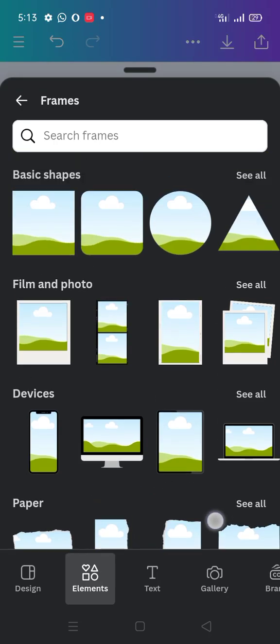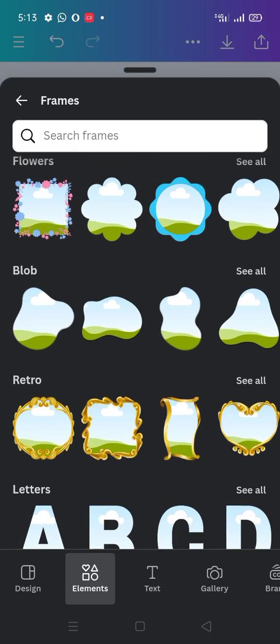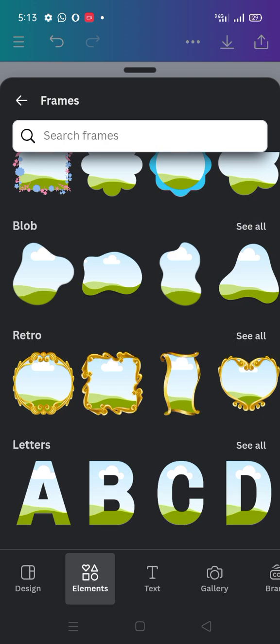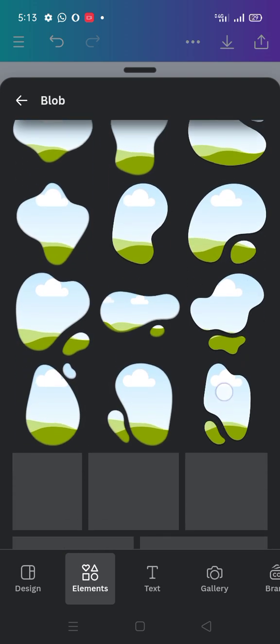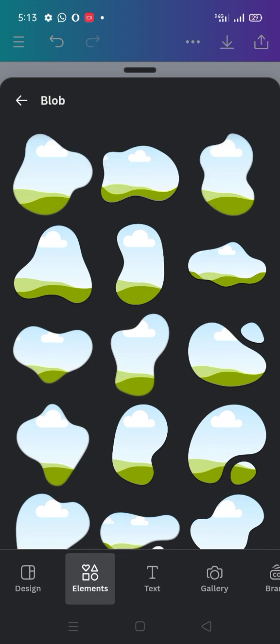So now this is our frame. Then I'll scroll, I'll look for my blob. I'll click on see all in the blob. Then this is the blob section. So I'll look for this one. I like this one. I'll click on it. Then it will open